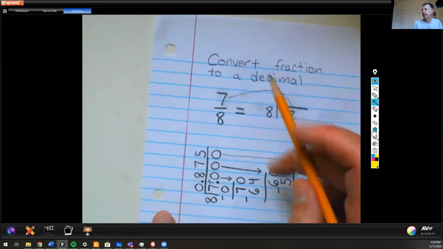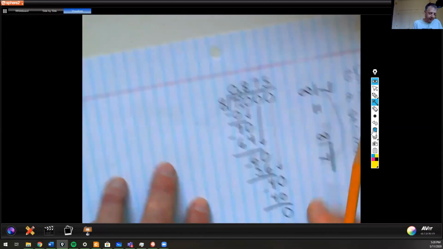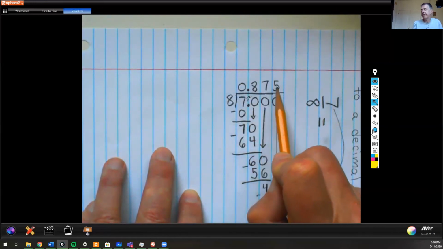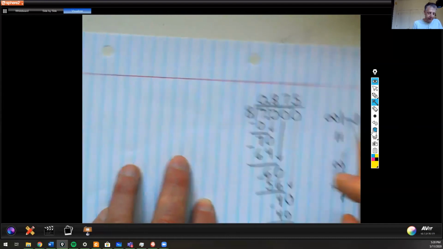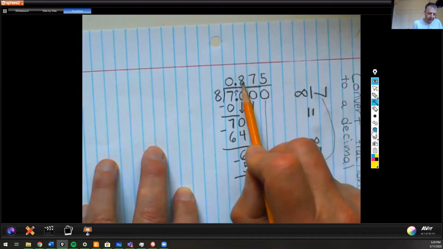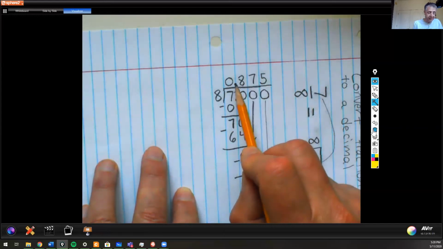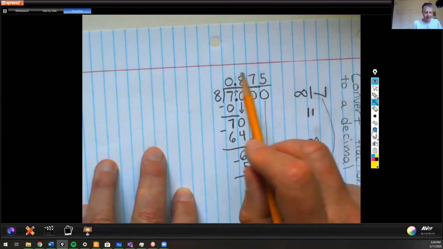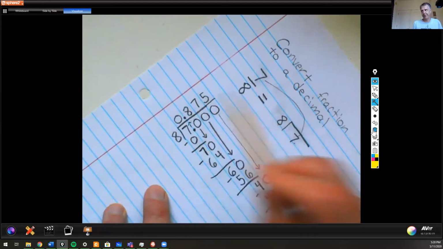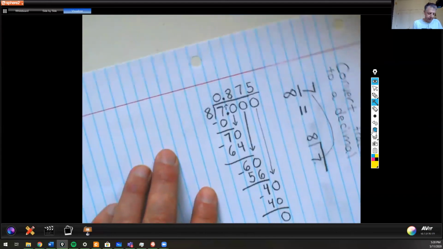7/8 is going to equal, as a decimal, 0 and 875 thousandths. Be careful, boys and girls. The 7/8 right here don't relate to the fact that this is 875 thousandths. That's just a coincidence. So don't try to use these numbers and form a decimal out of them. It won't work. So I'll go up here and write